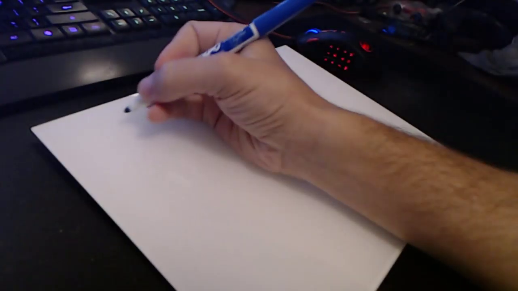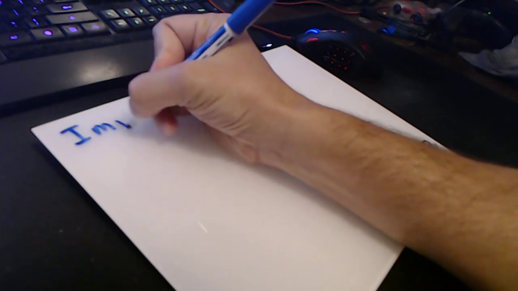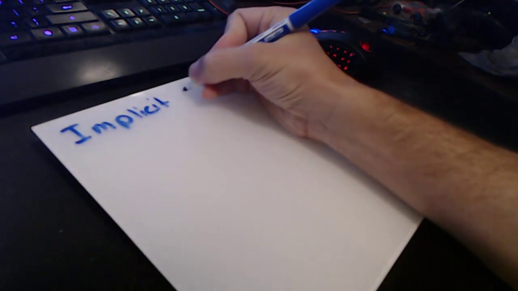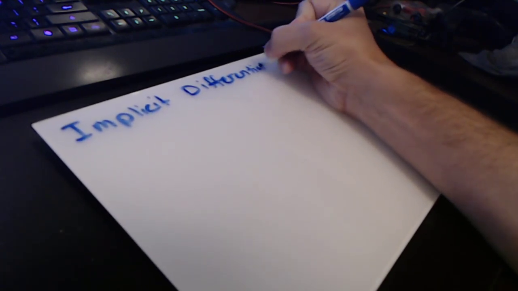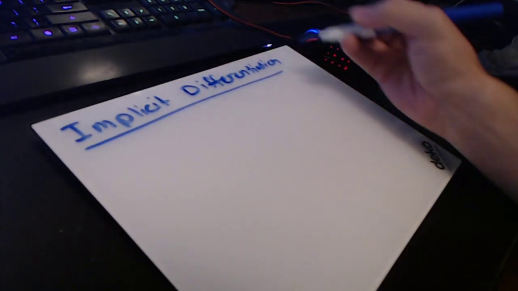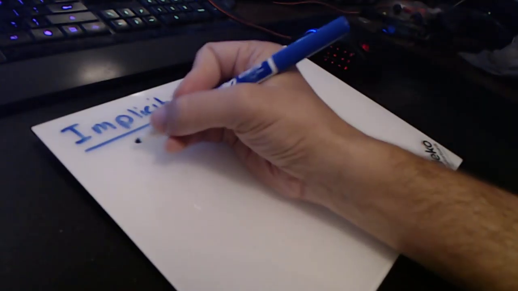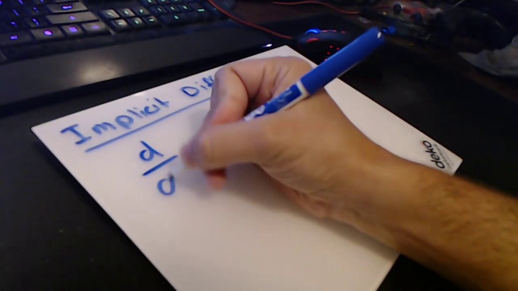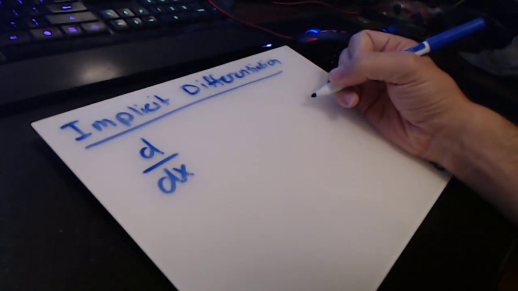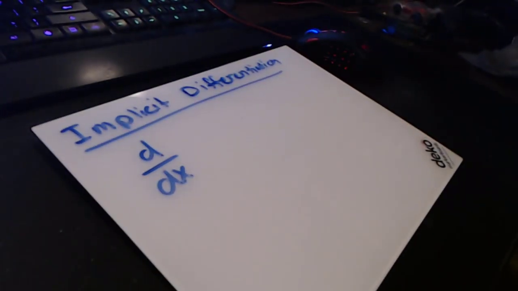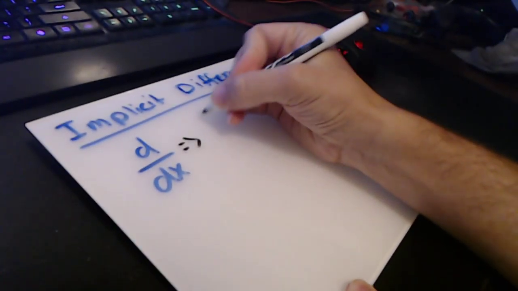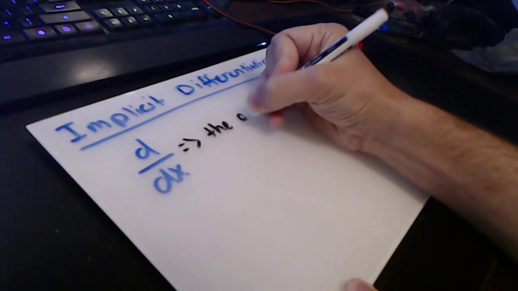So first of all, it's a long title: implicit differentiation. What we originally saw is we take d over dx when we take our regular derivative. So what this really means is last week, whenever we did the derivative, the d over dx means we are taking the derivative with respect to x. So anytime you see this idea, this is the derivative